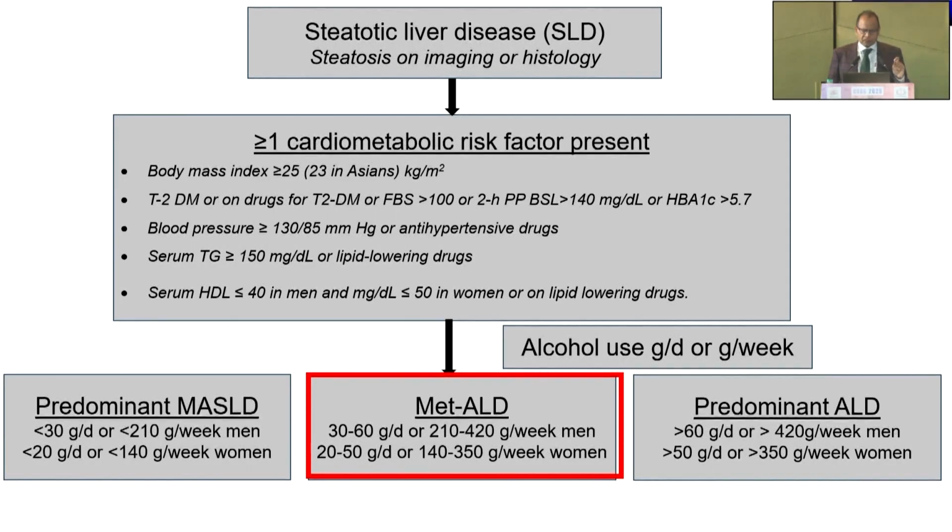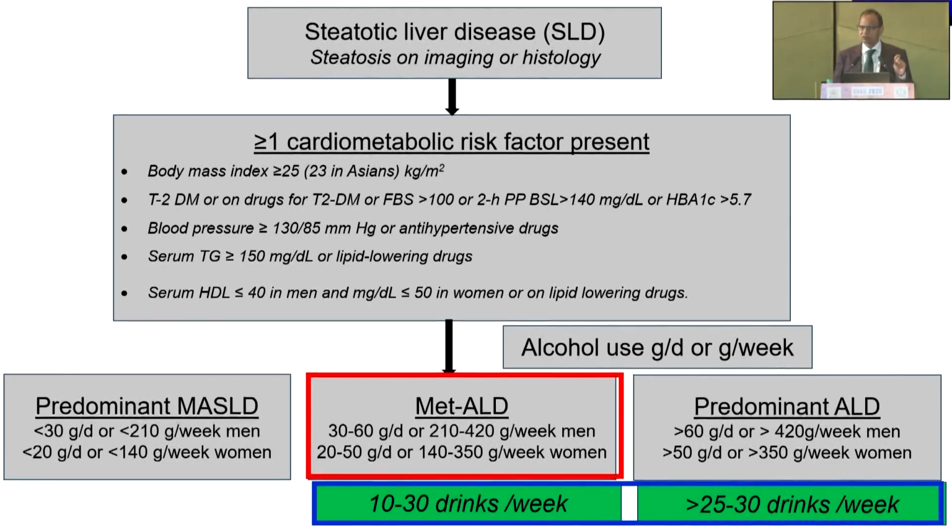And I bring this new nomenclature from 2-3 years ago, which we all are aware of and may have seen during this meeting a couple of times. And the red box tells you this is what the patient had. She was obese, which is a metabolic syndrome, and her alcohol use qualifies to a diagnosis of MET-ALD. But that's not the point here on this slide. The point I want to make here is look at the overlap between MET-ALD and ALD. It's so hard to differentiate a MET-ALD patient from a predominant ALD patient.